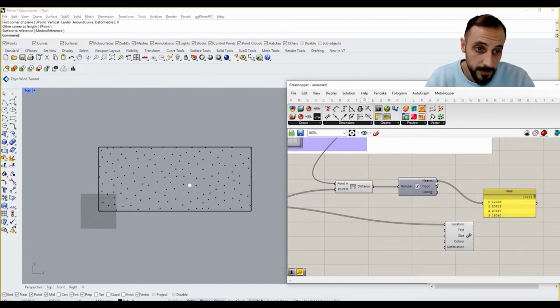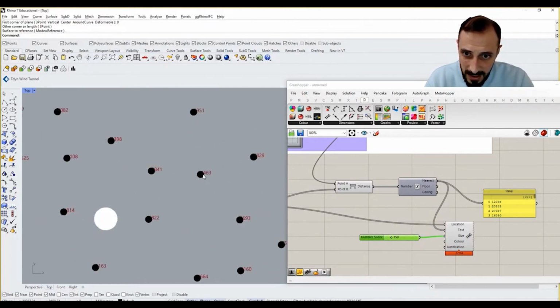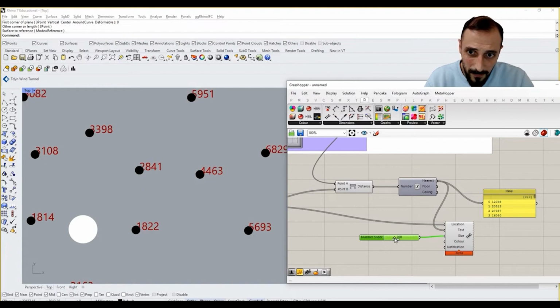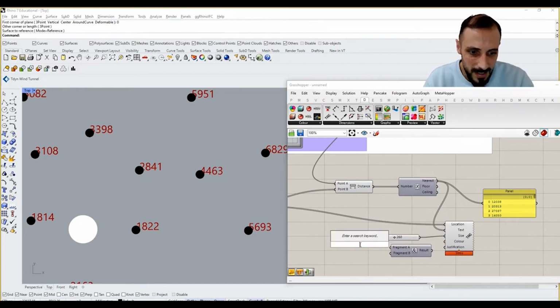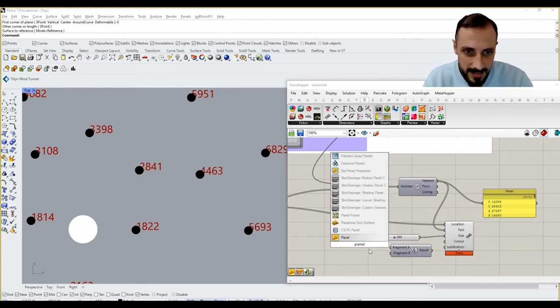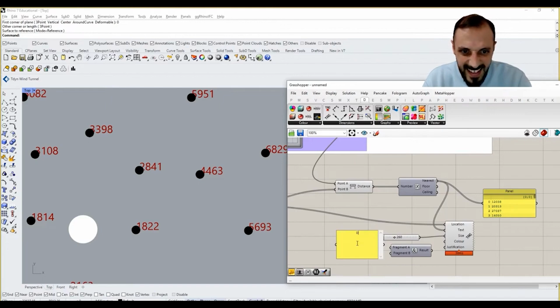So I can put these distances as my text and the size, let's say 150, and see how big it is. It's not that big, but one thing we can do is put a concatenate, and our first thing could be D, and we put an enter, and then we put this guy here,